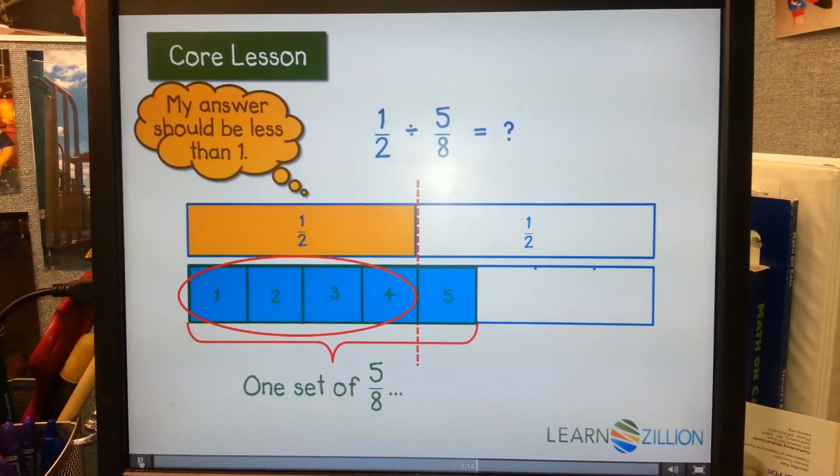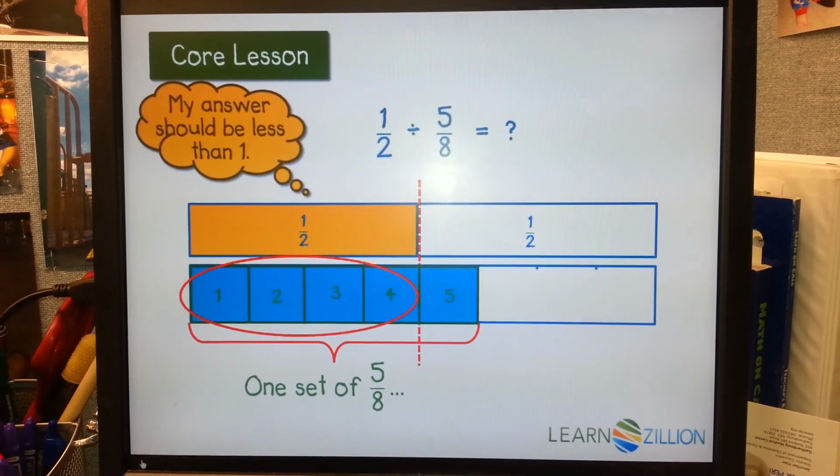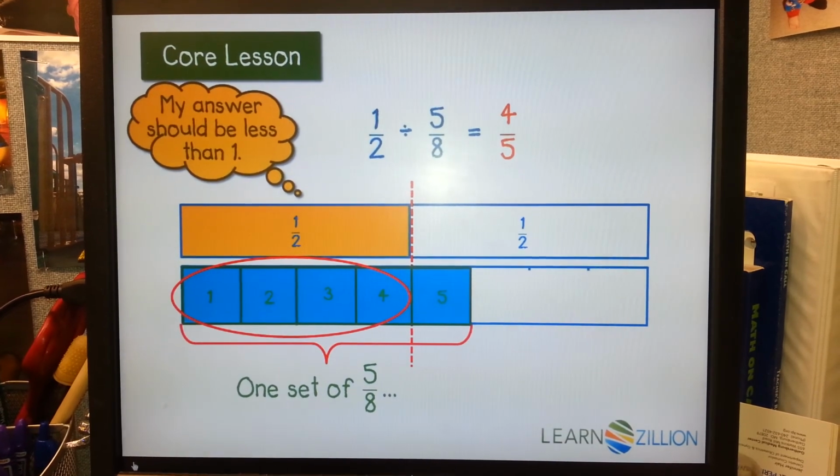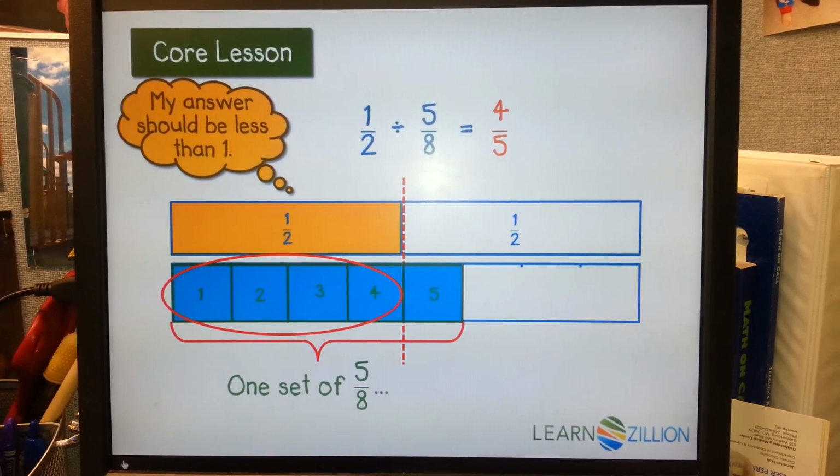4 out of 5 can be shown as a fraction, 4/5. So I could say that 4/5 of 5/8 equals 1/2. This answer makes sense because it's less than 1. Let's